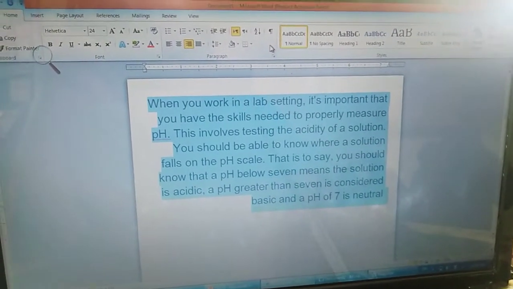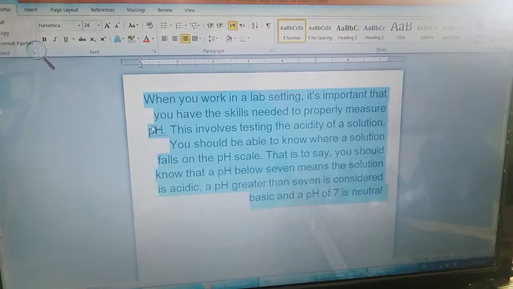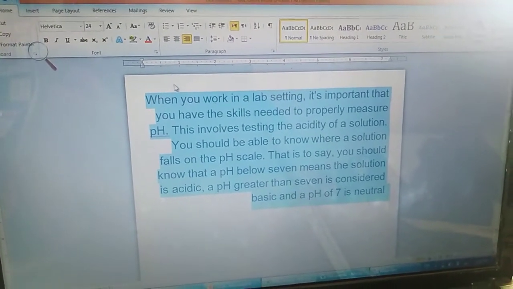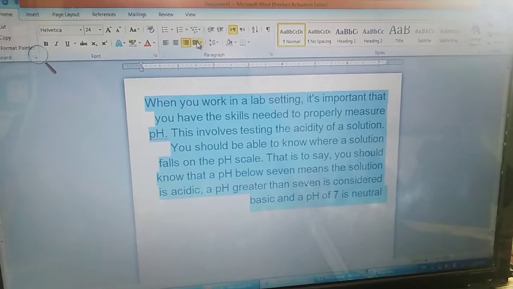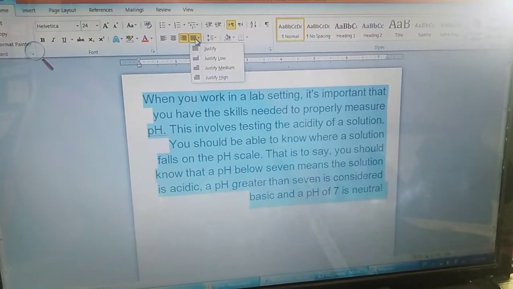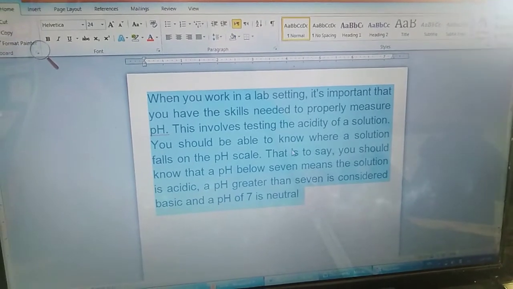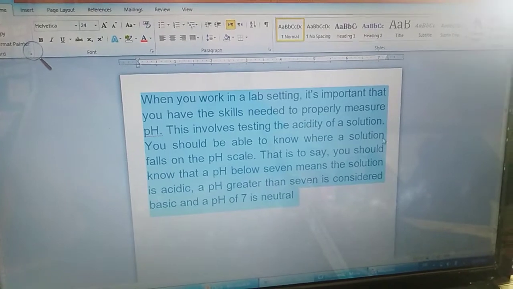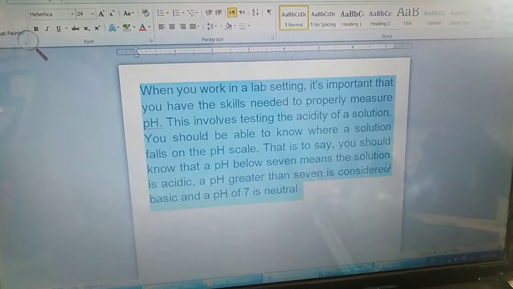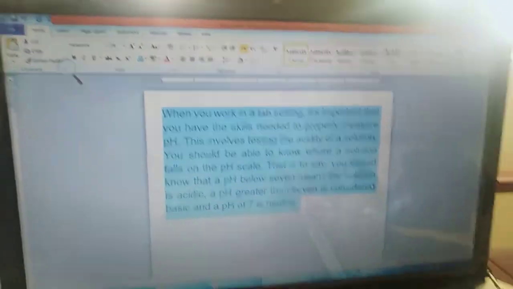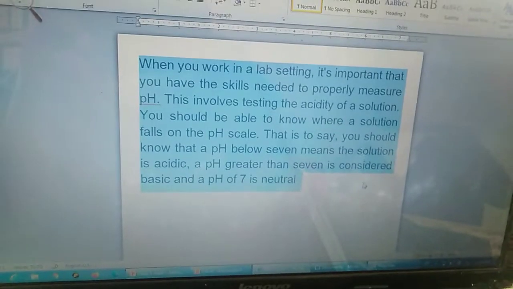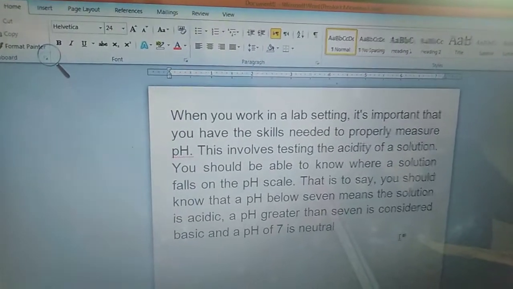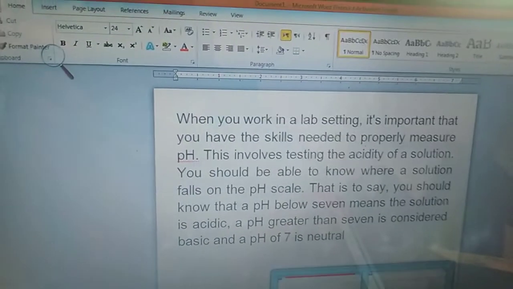And what is the function of justify? Here you can see all your lines are not proper. So when you justify your text, all your text will become in a perfect line. Here you can see justify. Here you can see all your lines are proper. Okay. So students, this is about the previous class, and in today's class we learn about line spacing.